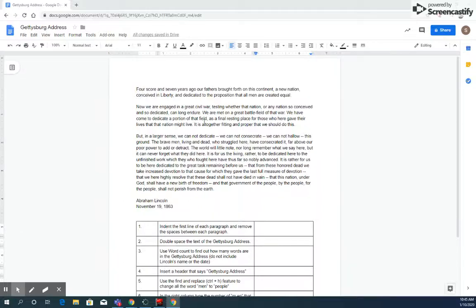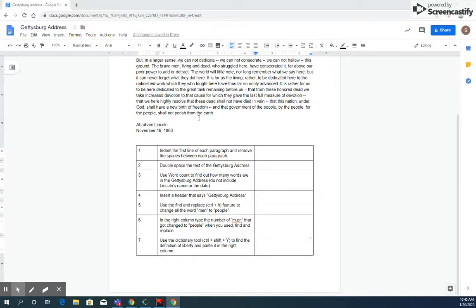In this assignment, we are going to format the Gettysburg Address. At the top of your page, you will see the Gettysburg Address, and at the bottom, you'll see a table that has 7 different steps. So for step number 1, it says indent the first line of each paragraph and remove the spaces between each